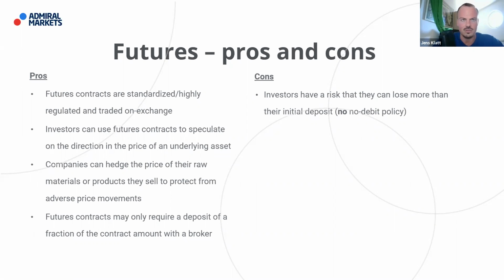You have a move of something like 500 points against you, and your account is wiped out. Just imagine you have a 10,000 euro account, and your market moves 500 points against you, multiplied by 25 euros per point. That means 12,500, which means you're then negative by 2,500 euros. And this is what you have to send the broker, because the broker will say, this is not just a margin call, but in addition to that, your account is negative now, and you have to deposit another 2,500 to bring your account back to zero.